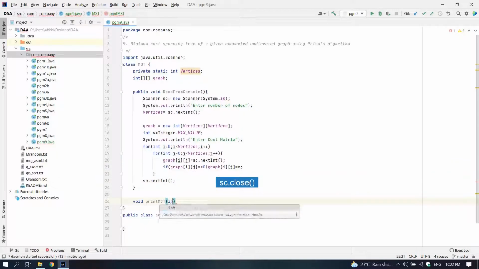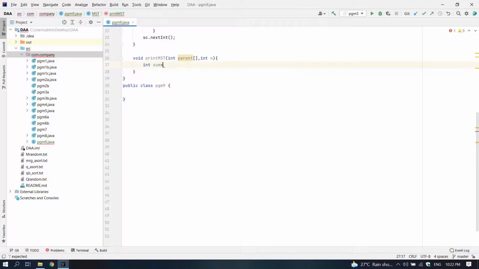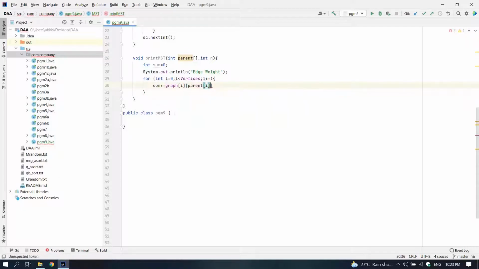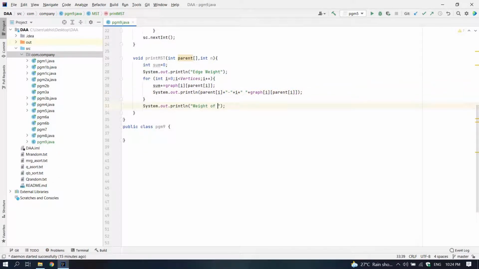Our third method is print MST, that is going to print the minimum cost spanning tree. It is going to take an integer array, that is parent, and the number of elements in that parent array. Print MST is going to print all the edges and their weights, and finally is going to print the sum, that is the minimum cost of that spanning tree.